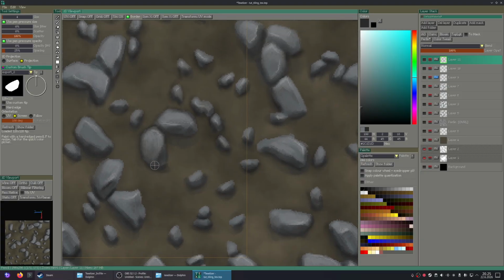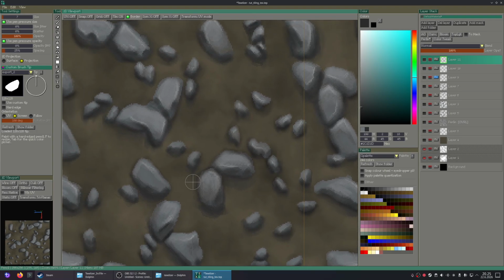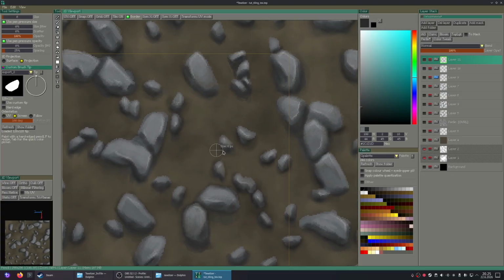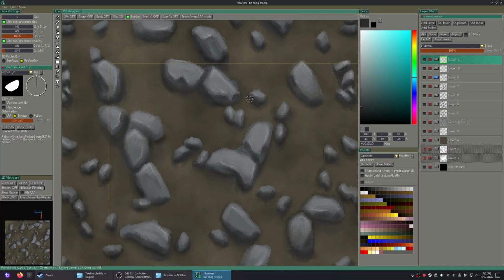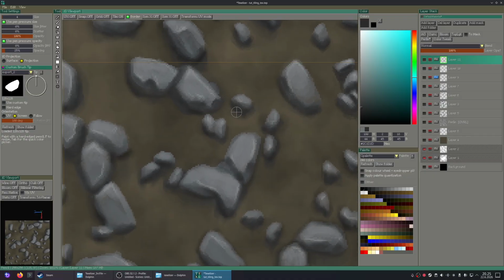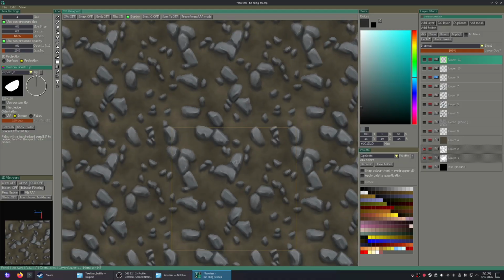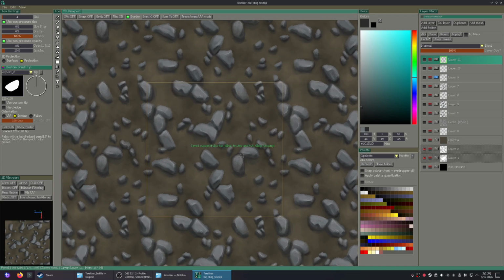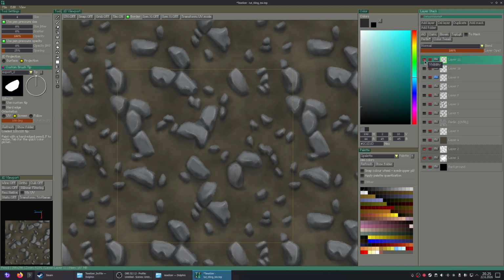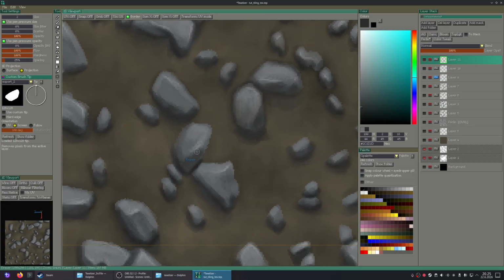And I could also add some proper blending to the ground so that at least some of the rocks could rise up from the ground a bit, because it kind of looks like they are just flat on the ground right now. It's a bit bad.